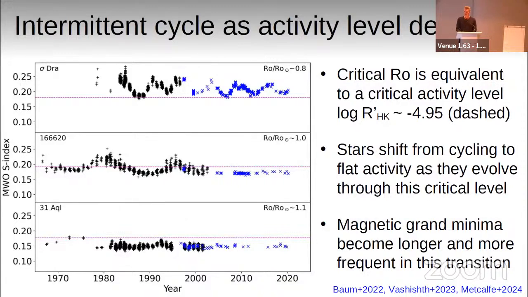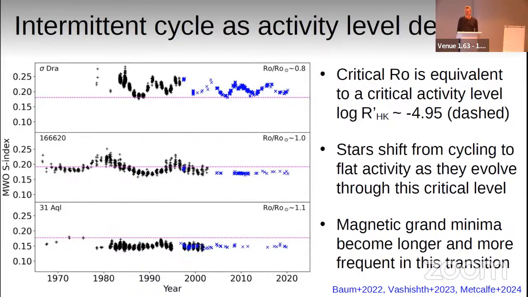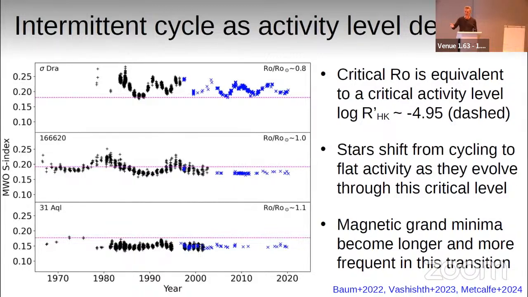Okay, this is kind of reinforced if you look at the critical Rossby numbers. Since activity level and Rossby number are correlated, you can translate the critical Rossby number into a critical activity level for any given star. And if you look at a star with a well-defined cycle like Sigma Draconis that's above that critical value, it shows nice, well-ordered cycles where the minimum corresponds roughly to that critical activity level. But as stars age and their average activity level decreases over time, you get a case like HD 166620, which is